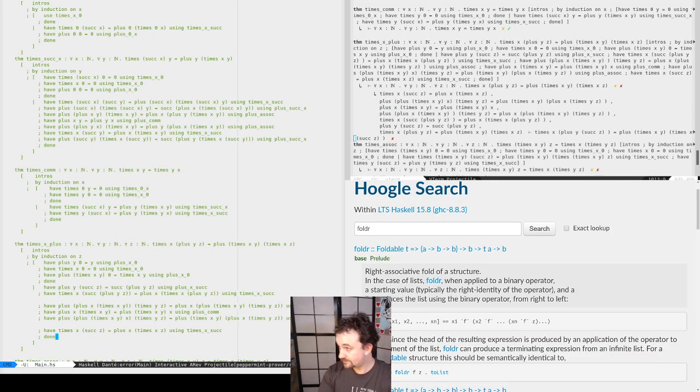Why not? Let's walk through this in reverse. So plus yz equals a sucks thing. That's the one. So this is the successor of plus yz. And so this is more left-hand side, and we say, okay, it's the same as plus x times x plus yz, which is fair.